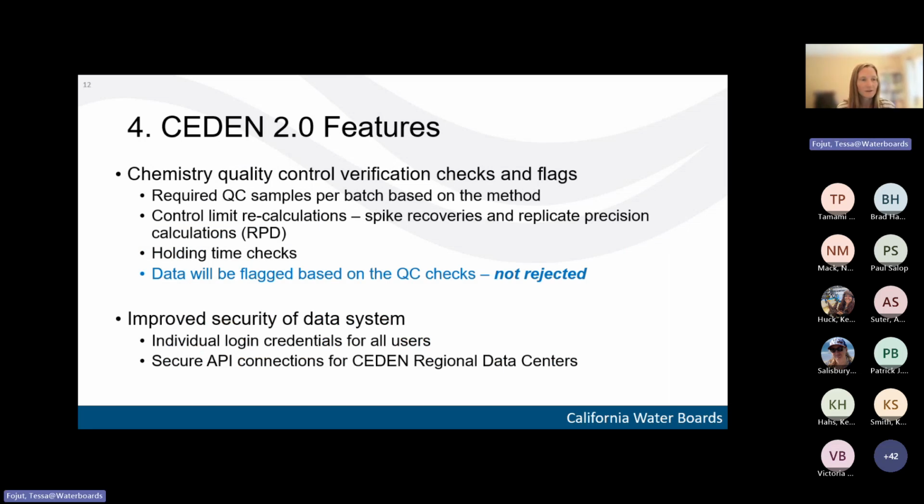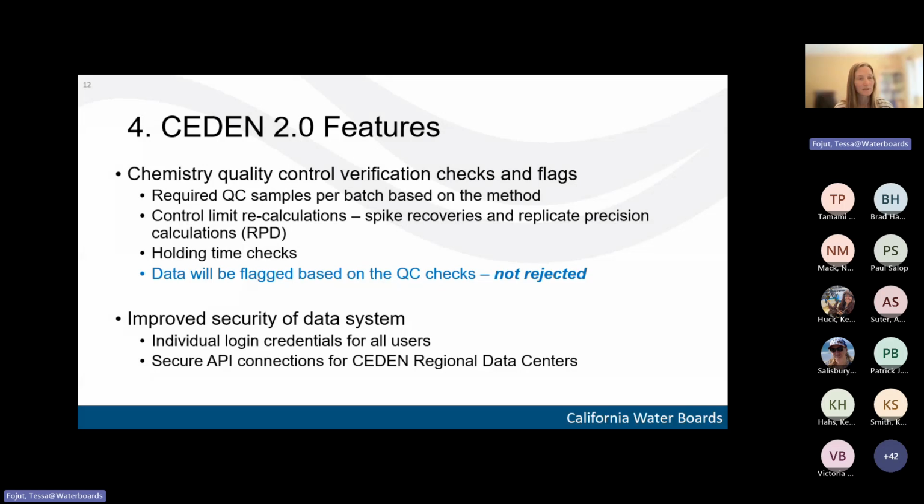And we wanted to have improved understanding of data quality. So there are chemistry quality control verification checks and flags built into the system when you check and submit your data. So there are new things compared to what we check now. There are required QC samples per batch that are based on what the method is.